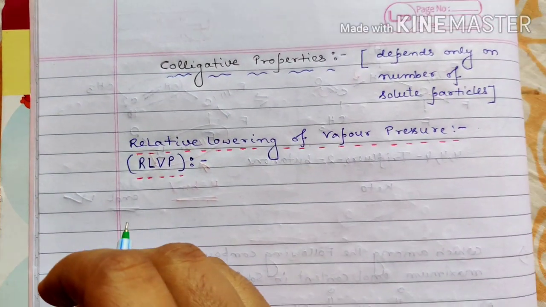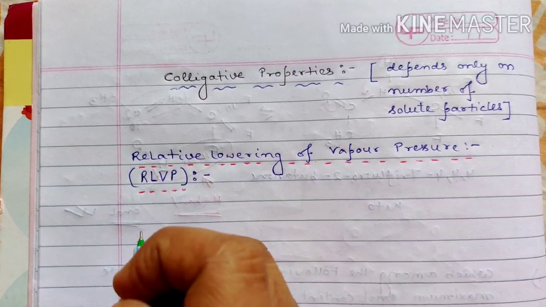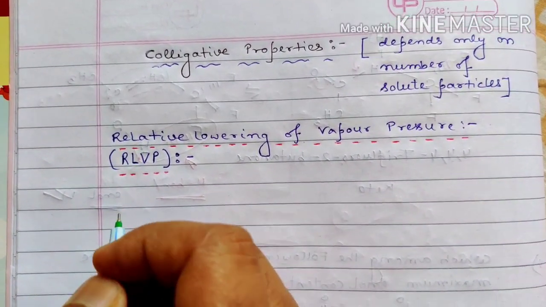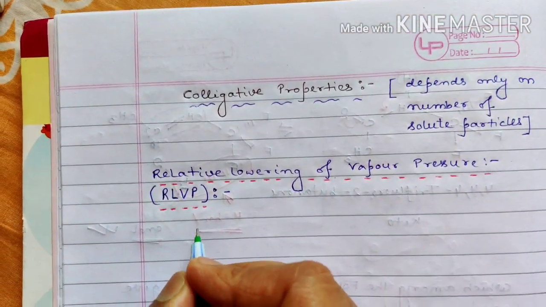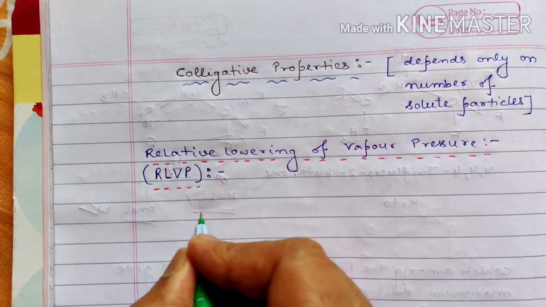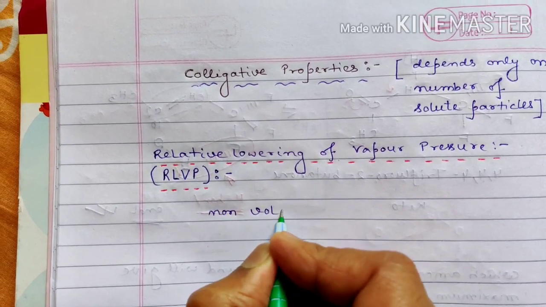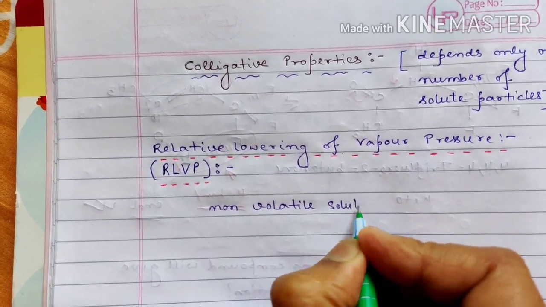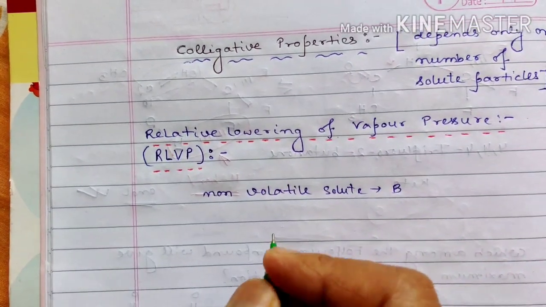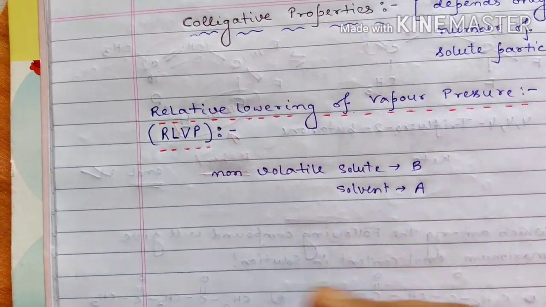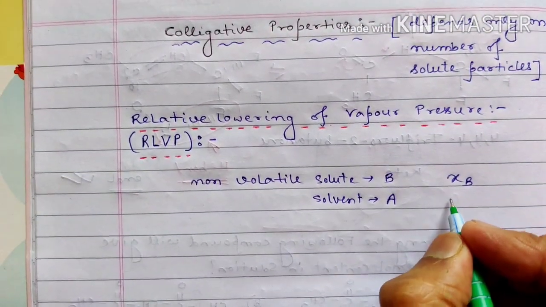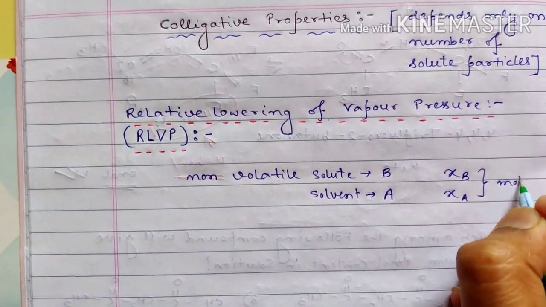So here let us see one by one, although we have discussed the relative lowering of vapor pressure in our previous discussion. Among the colligative properties, the first one that we will discuss is the relative lowering of vapor pressure. Remember, we have already discussed it in our previous video, but just for a reminder, let us understand this once again. Suppose we take a non-volatile solute, B, and suppose we take a solvent which is A. Now, if XB is the mole fraction of B and XA is the mole fraction of A,